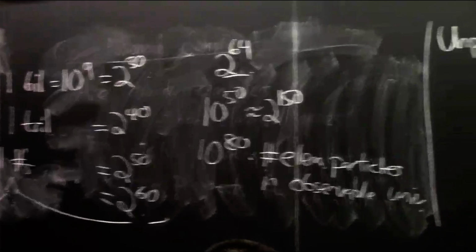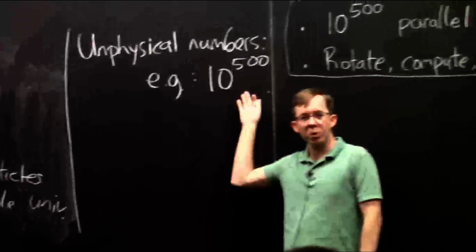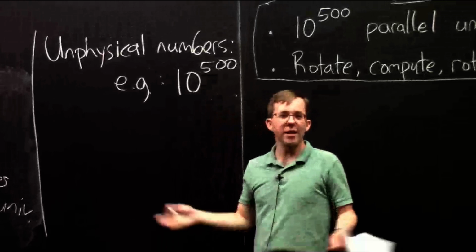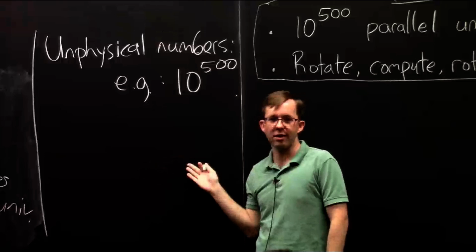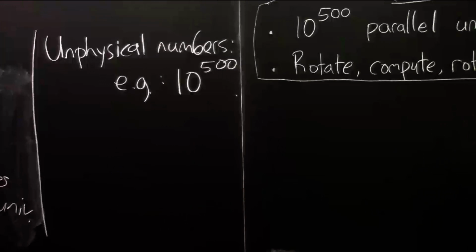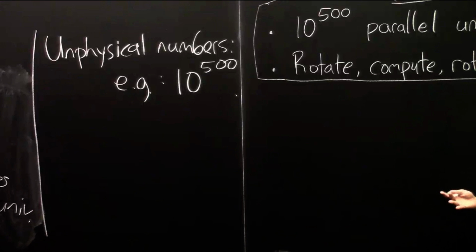And just to emphasize one more time, 10 to the 500 is a number with 500 digits. To write that number down, I can do that in about 5 minutes on a piece of paper. It would be a drag, but I could do it. But it would just be a string of digits, not corresponding to a number that's actually counting some physical quantity.